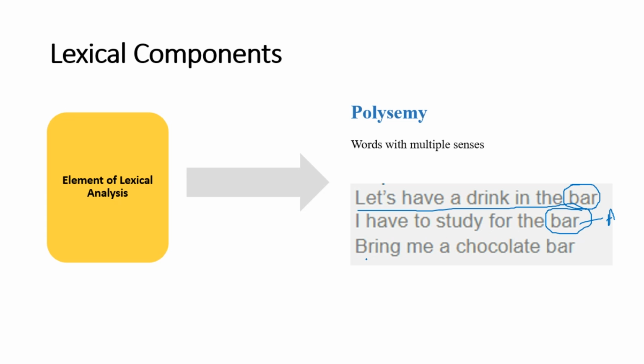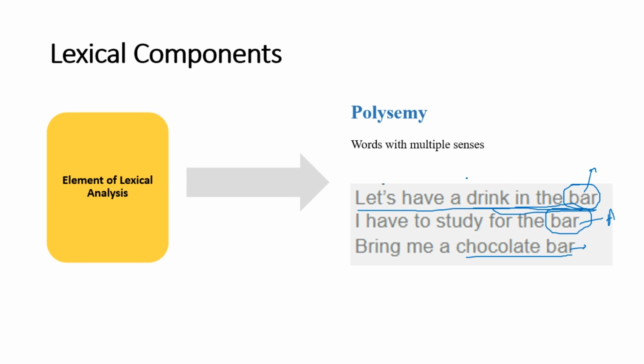There is another sentence: "Bring me the chocolate bar." This chocolate bar is something different, it is talking about chocolate. Looking at these three sentences, all three have a word called bar. Bar has the same spelling, it doesn't have a different meaning or different spelling. But